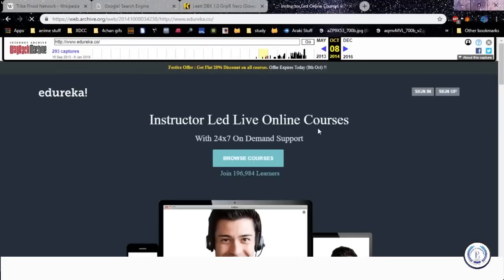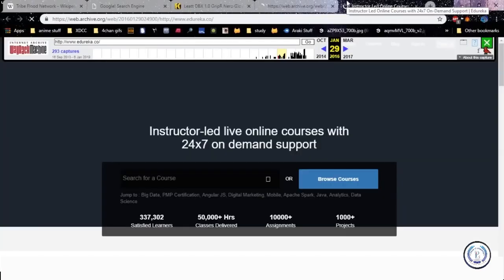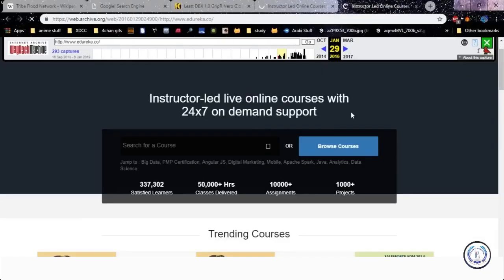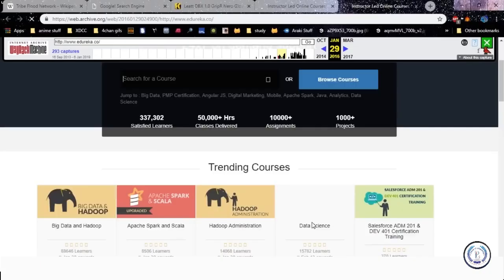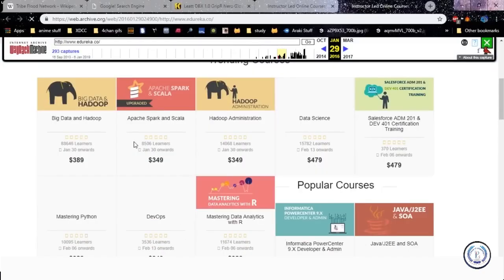Okay, so it still hasn't evolved, but I can go a couple of years ahead and see what it has evolved into. If I go to December 2016, this is what it looked like in 2016, and we can see that they've added this box about browsing courses. They have added a search bar that looks a bit weird, but it's mostly because my internet is slow and it's not loading all the elements. They've also changed how they've laid out the courses. We can also see a change in the prices, I guess. So this tells us how it evolves as a complete website.